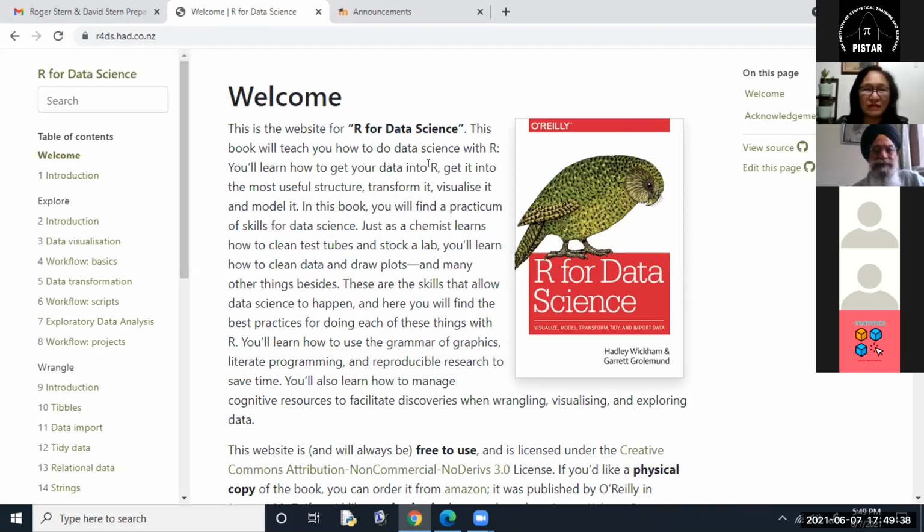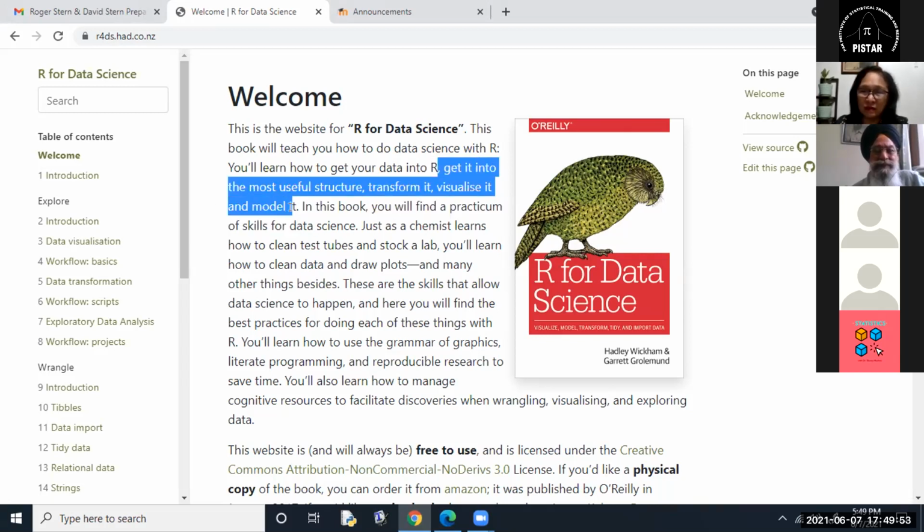Okay, now, it says you learn how to get your data into R, get it into the most useful structure, how to transform it, how to visualize it, and how to model it. Actually, ladies and gentlemen, I think these are what is called data science. These are some of the fundamental things that you do in data science.